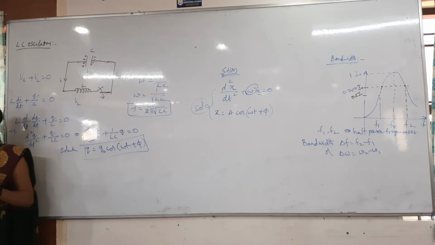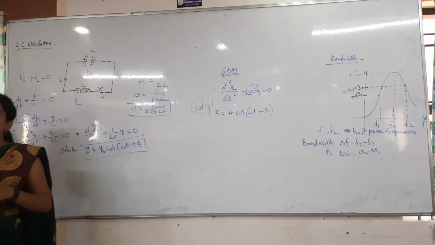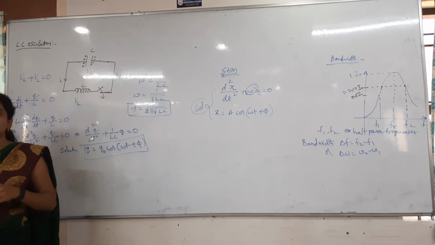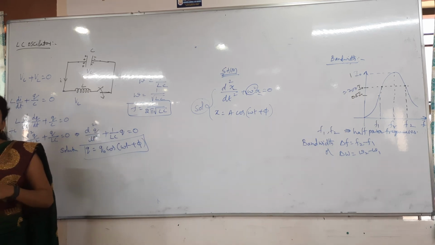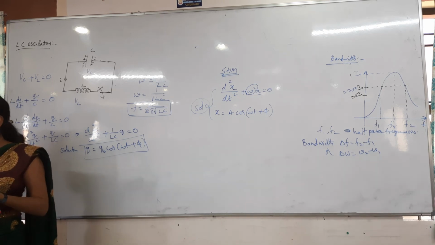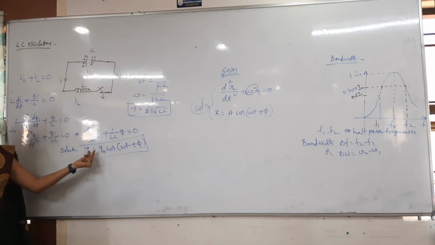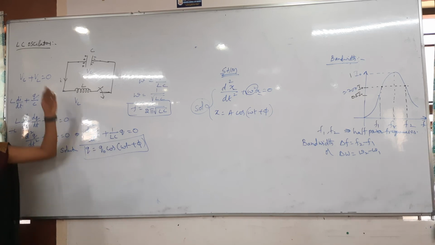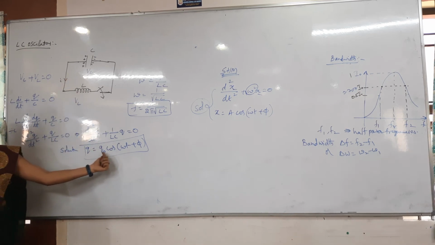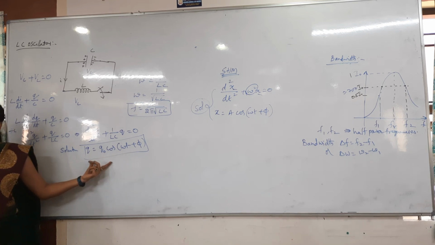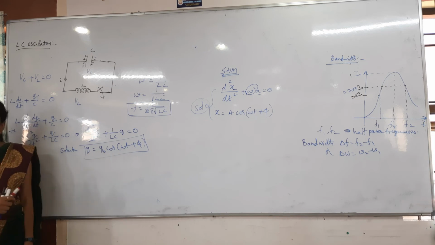So only the charge is coming out of the capacitor and then coming into the capacitor. So which is doing the oscillation here? Charge, indirectly current only, obviously. So here charge is doing the oscillation, so I proved this equation. I said that theoretically and then I proved it. Q is equal to Q naught cos omega t, which is the equation of SHM. So here charge is doing the oscillations.